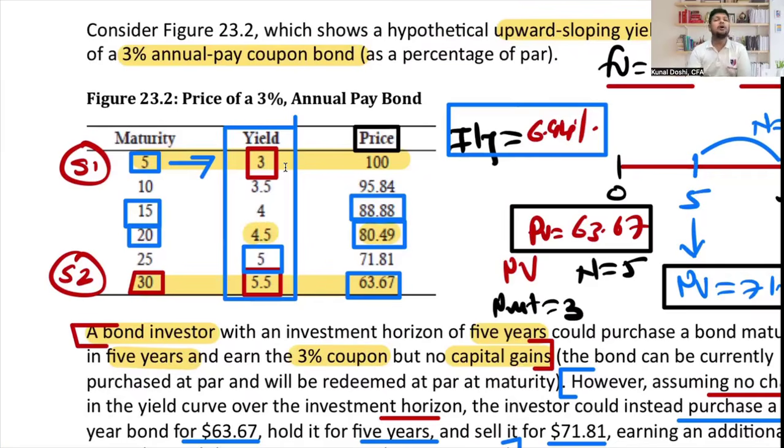Now, bond prices are generally assumed to follow the constant yield price trajectory. As per the constant yield price trajectory, if its maturity becomes 15 years after 5 years, its price should be something else, assuming the yield is the same. But in reality, the concept of rolling down the yield curve says that